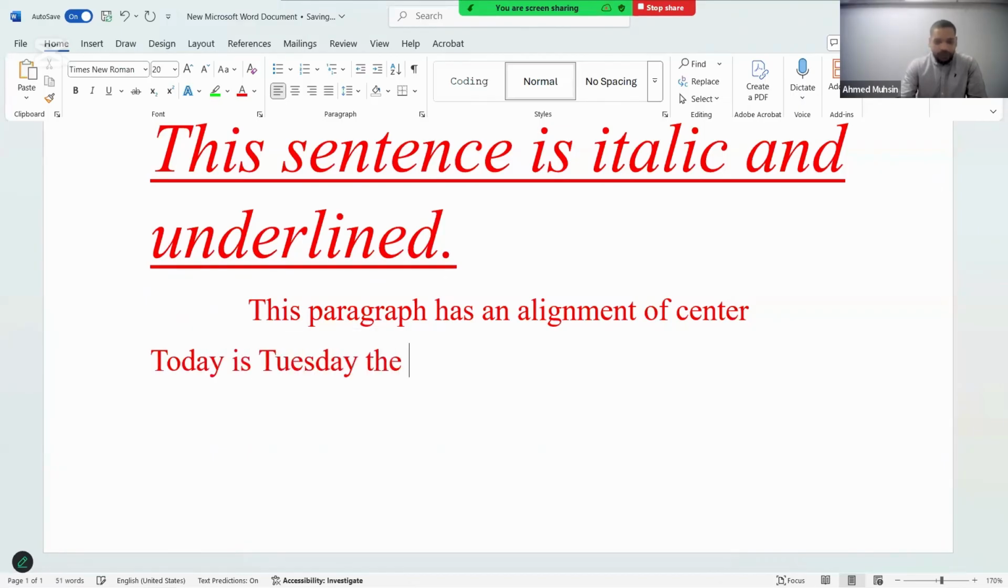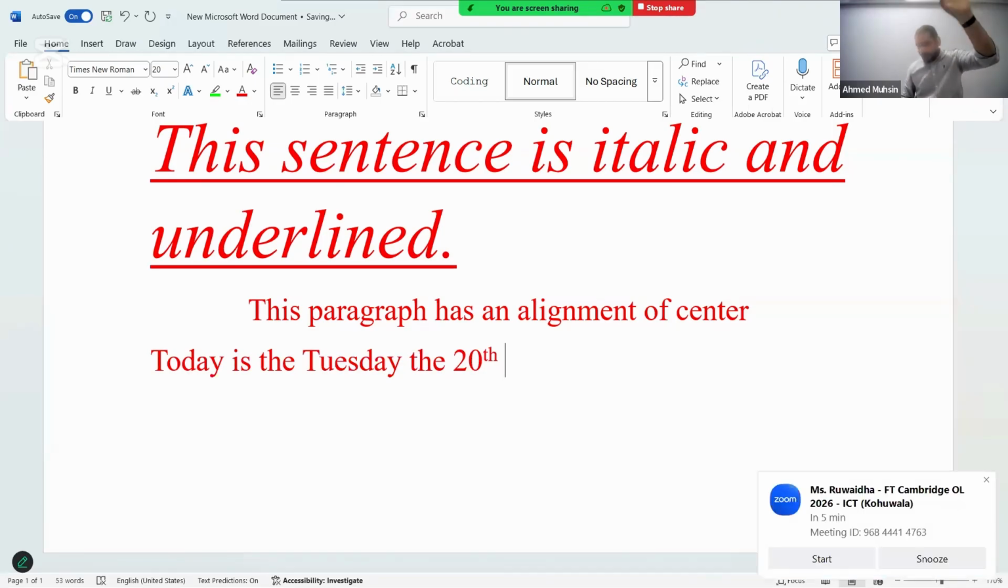Now everyone look here. Today is Tuesday, the 20th. Now everyone look at my screen. I have typed 20th now. When I press space bar, you saw what happened to the TH here. The TH moves up. You know what we call that? We call that superscript. I'll undo it and do it again, okay? Today is Tuesday, the 20th. When I press spacebar, automatically Microsoft Word will make the TH superscript. Are we good? Okay. Today is Tuesday, the 20th of May,